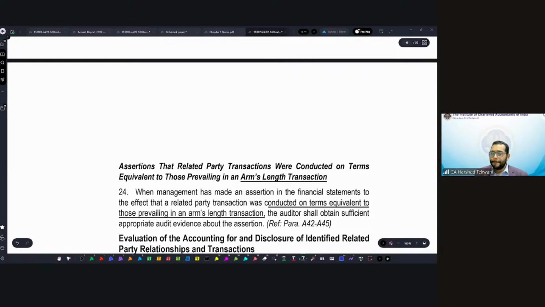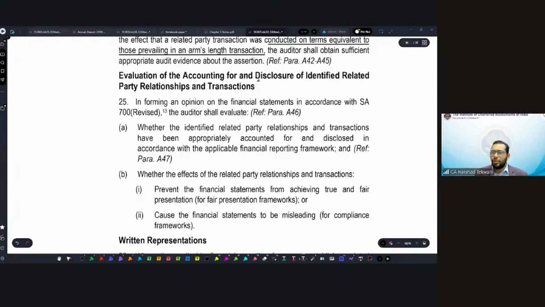Clear? And then you need to think about presentation and disclosure. So whether the accounting and disclosure of the identified transactions is appropriate or not, or whether they are presented in such a way that it creates an issue with the true and fair presentation, or causes the financial statements to be misleading for the compliance framework. So how it is disclosed and how it is accounted, you need to think from that point of view. So this is nothing but presentation and disclosure